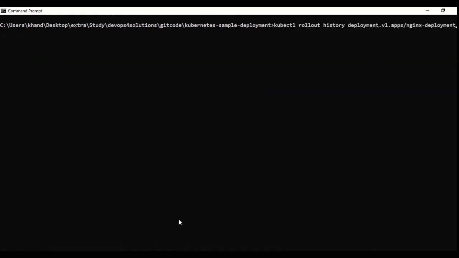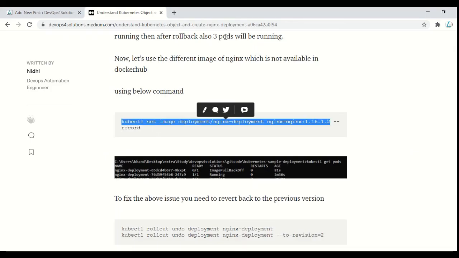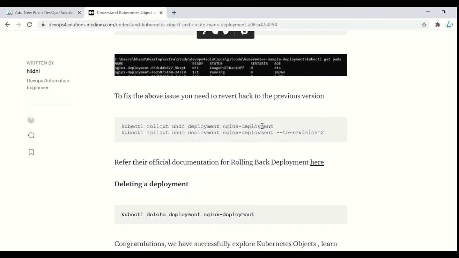And also if I do rollout status, I'm seeing this error, waiting for deployment. So to fix that issue, you need to do the rollback to the previous version.